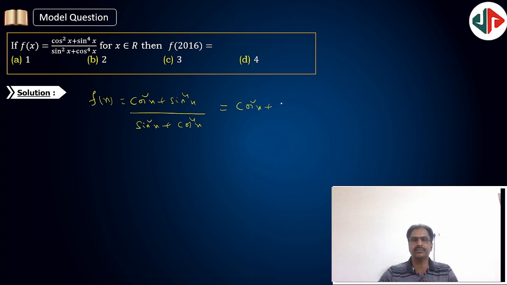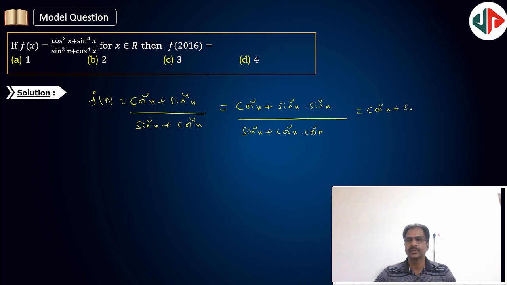I am writing sin power 4 as sin square into sin square by cos power 4 as cos square into cos square, and that is equal to cos square x plus sin square x into, in place of the other sin square I am writing 1 minus cos square x by, similarly in denominator sin square x plus cos square x into, in place of other cos square write 1 minus sin square. Now if you simplify this,